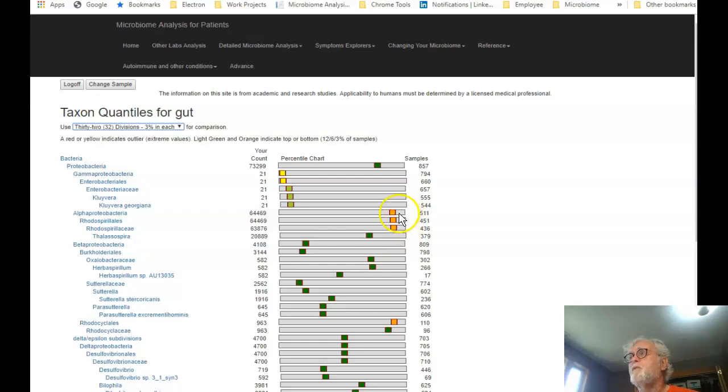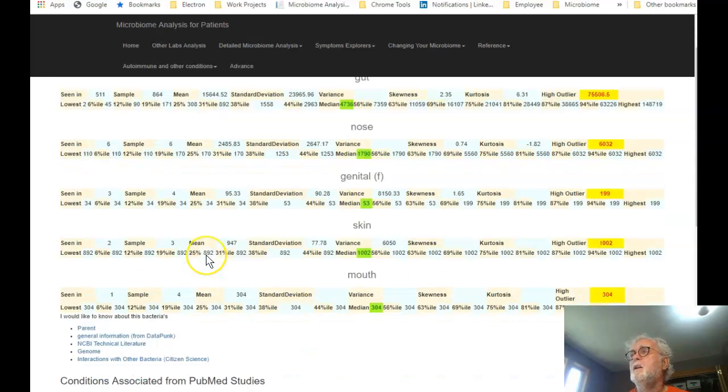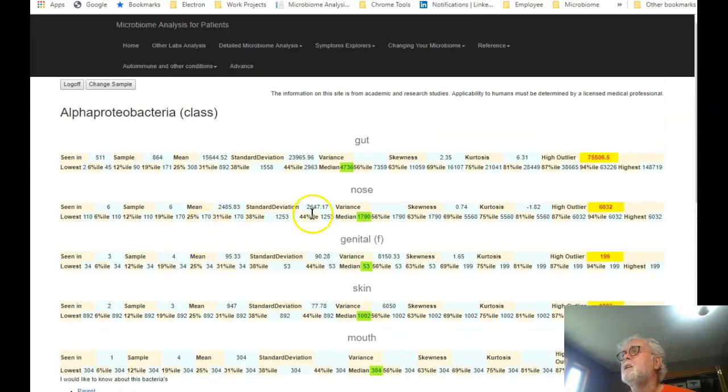So, for example, for just one, we have 64469 alpha protobacteria. If you click it, you go over here and you get the details. If you go down, you'll see the guts, and what we find is that the threshold to show red is 7.5, we were 6.9, and so we were in that percentage. So we didn't flag ourselves as an extreme value,